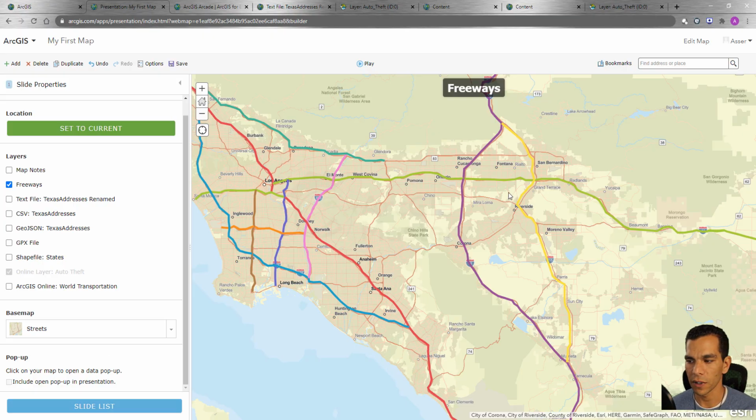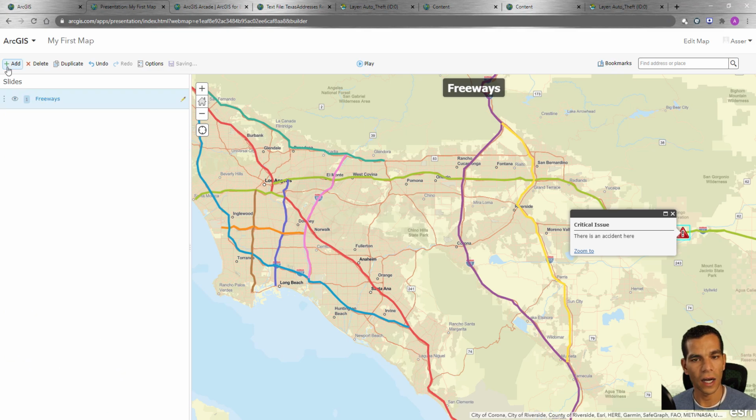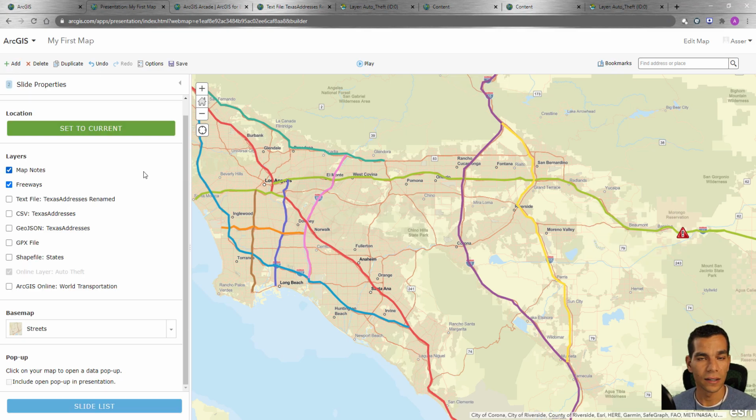So let's say, for example, this is the freeways, and we have a map note here that says there's an accident here. So I can click here and say critical issue, there is an accident here, and I can save my slide including this pop-up by checking this option right here, and then I say save, and that will save the first slide for me. Now I can say slide list again, and I will create another slide,